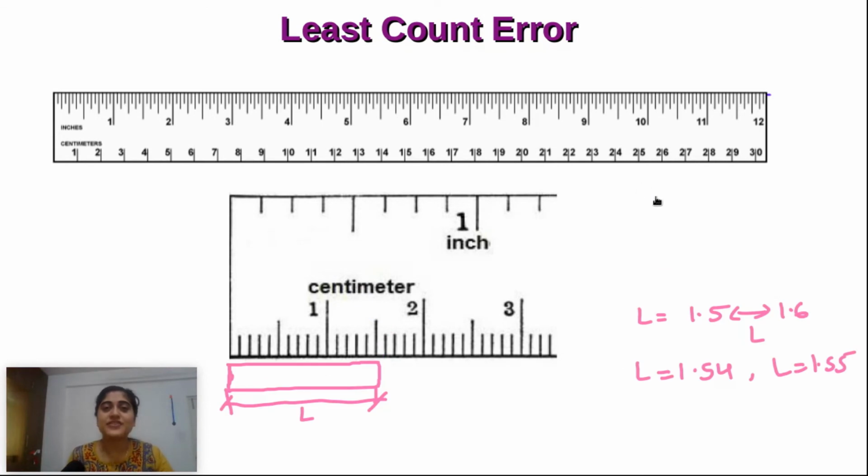So here we have learnt about the types of error: random error, systematic error, and also the least count error. In the next video, we will learn how we can present this error analytically. I have just told you some reasons in which these errors happen, but how can we present this error analytically, mathematically? That we will learn in the next video.